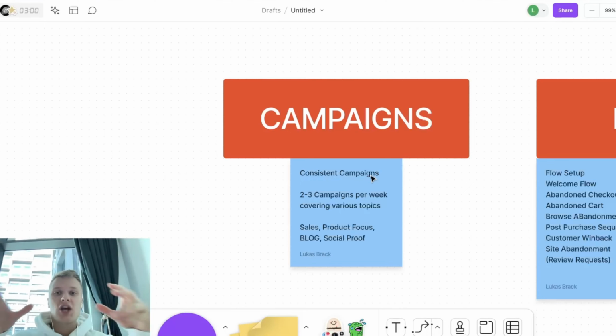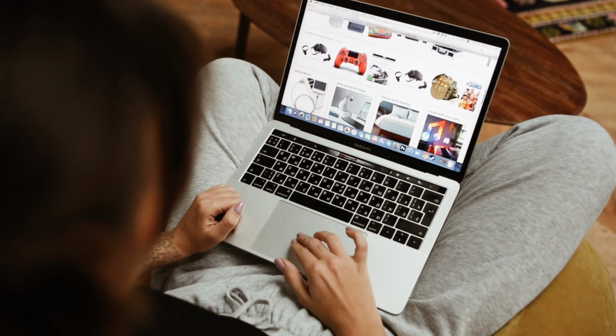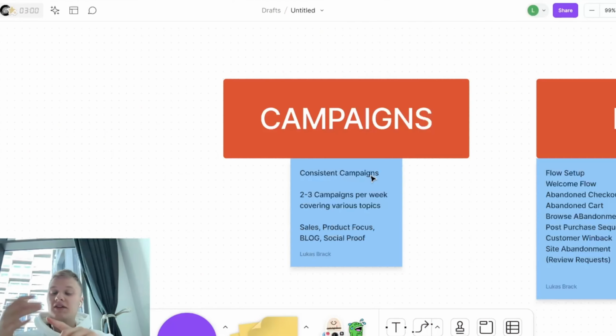And if you ever check one of your customers' journeys, you can see that those people open and click through a lot of campaigns. Sometimes they see a Black Friday offer, a super good buy one, get one free offer, a product-focused offer, social proof campaigns. And in the end, they buy from a random blog article or something like that. And it literally comes down to the rule that I explained, which is saying that you need multiple touch points, and that's what we're trying to achieve with the campaigns. We're trying to be on top of the mind of our customers at all times.